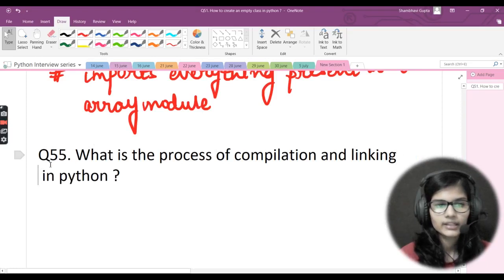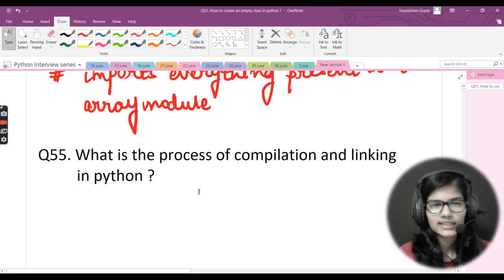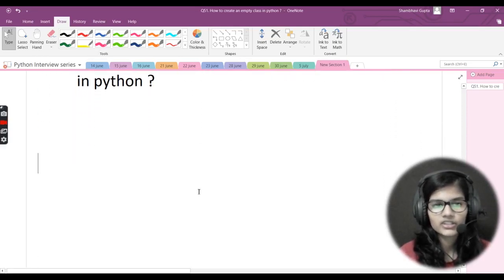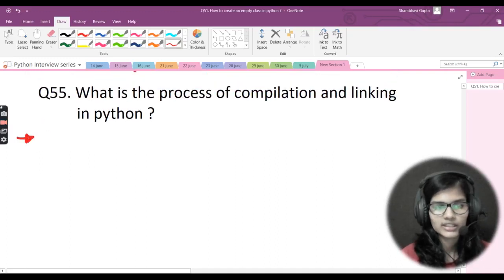Now, my question says: what is the process of compilation and linking in Python programming? What's the procedure of doing this compilation and linking in Python? First of all, let's understand what compilation and linking are, and then we'll see the procedure for doing both of these things, right? Fine. So I would start writing out here